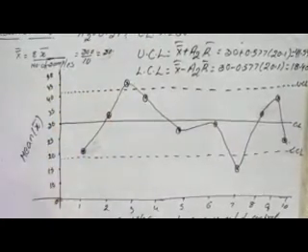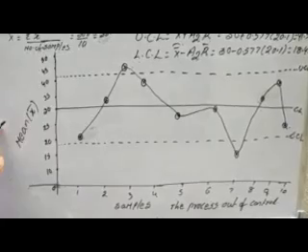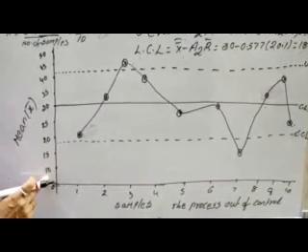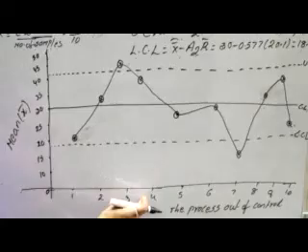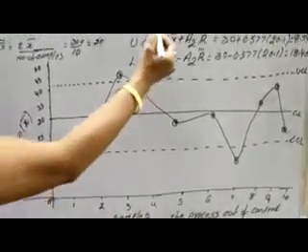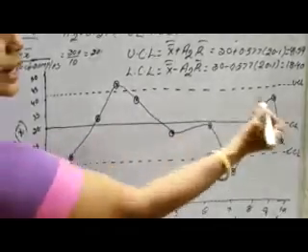Before plotting the points, I am taking the x-axis as the sample values 1 to 10 and the y-axis as the range values. Whatever the values may be, you can construct a scale. Here I am constructing a scale of 5 centimeters. Therefore, on the y-axis I am taking 5 centimeters and on the x-axis 1 centimeter. The control limit you can take as 30, plot the point, and draw a straight line.